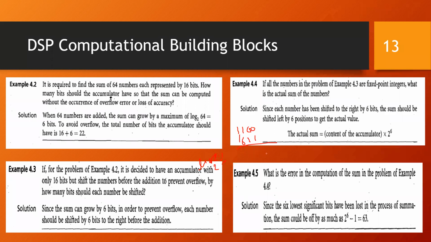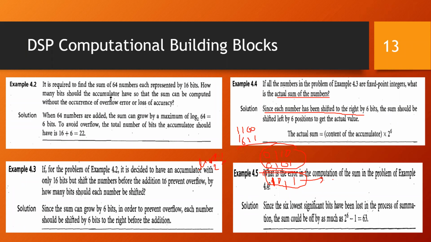If I shift it by 1 bit, I'll be getting 0, 1, 1, 0, and here 0, 1, 0, 1. Now I add these numbers. When I add it, I'll be getting 1, 1. So this is the overall number I'll be getting. Now since I have shifted, the result is also in shifted form. So this is not the actual sum; this is the sum which has resulted from shifting of the numbers.